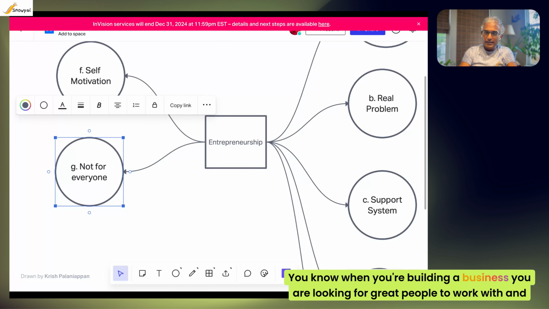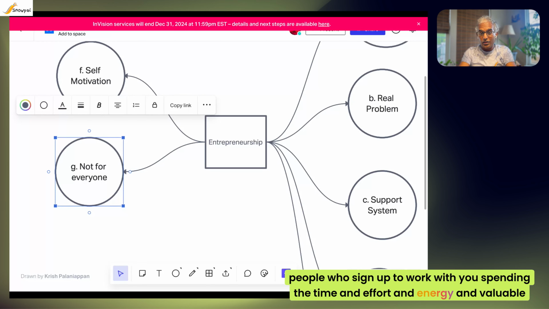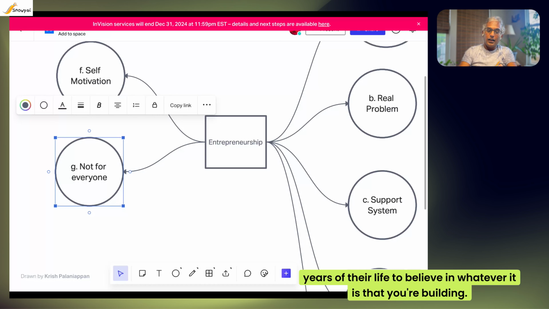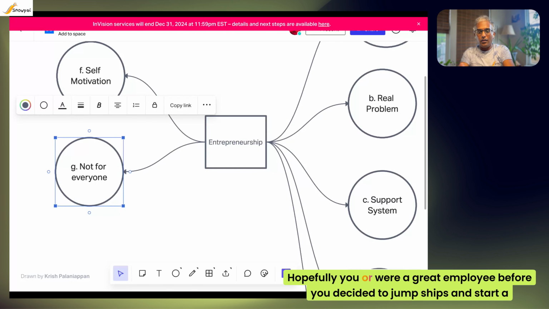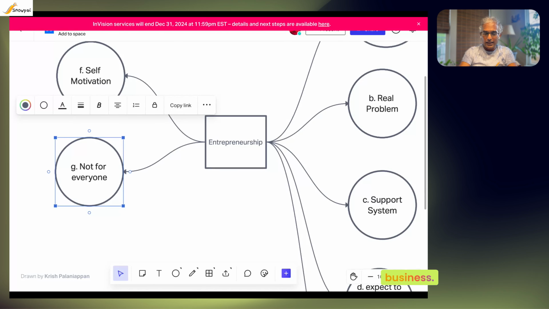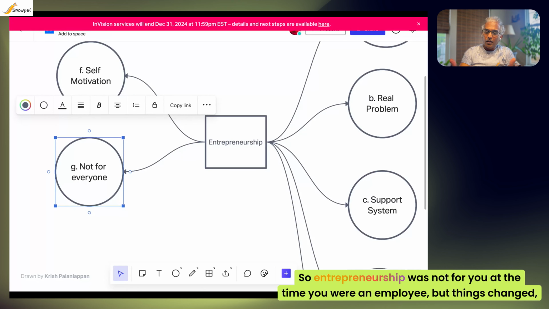When you're building a business, you're looking for great people to work with, people who sign up to work with you, spending the time and effort and energy and valuable years of their life, who believe in whatever it is that you're building. So you need great folks, great employees. And you yourself hopefully are or were a great employee before you decided to jump ship and start a business. So entrepreneurship was not for you at the time you were an employee, but things changed, your interests changed,